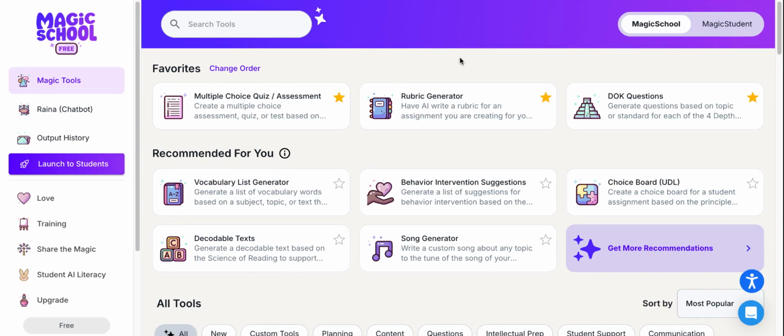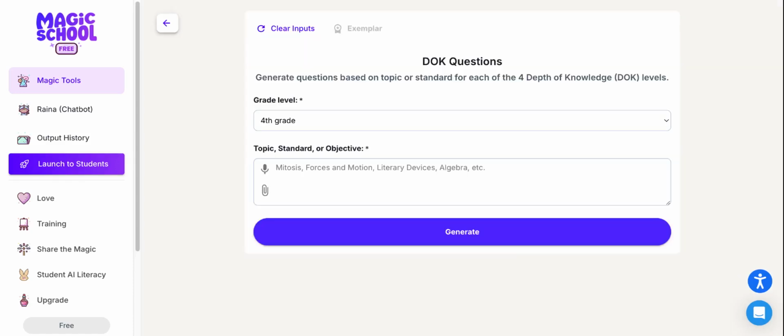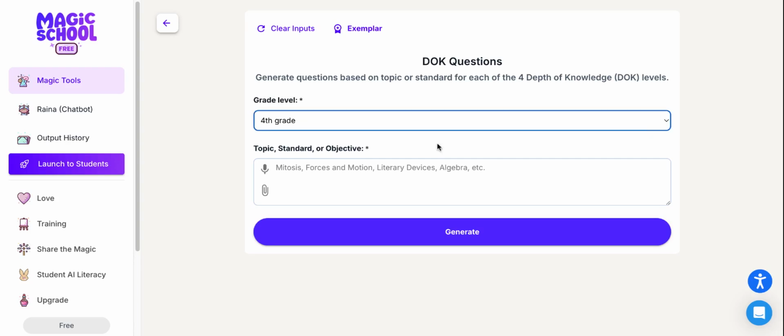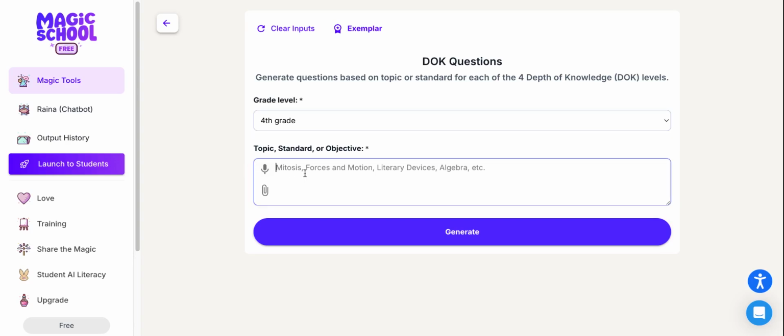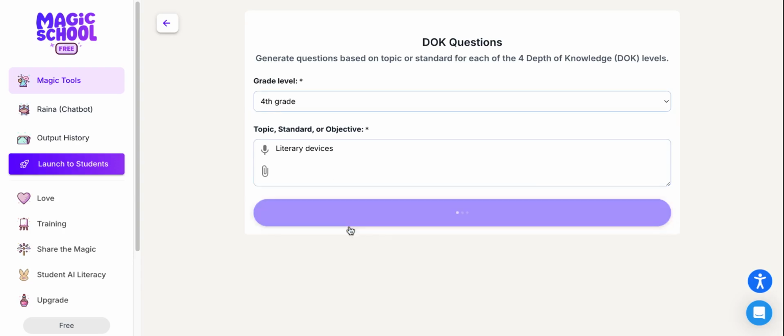The last tool I'm going to show you is the DOK question. This helps me generate questions based on a topic or standard for each of the 4 depth of knowledge levels. So here I can input the grade level again, list your topic, standard, or objective. I'll stay with literary devices. When I click generate,